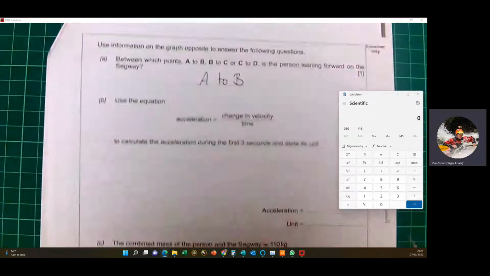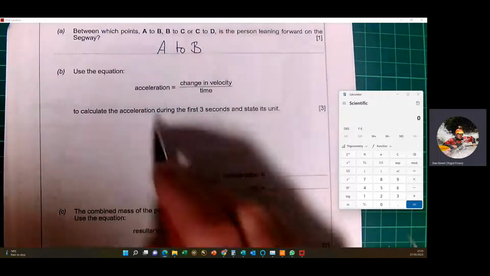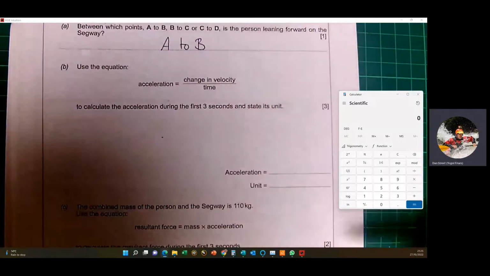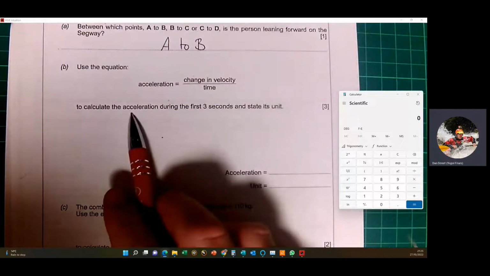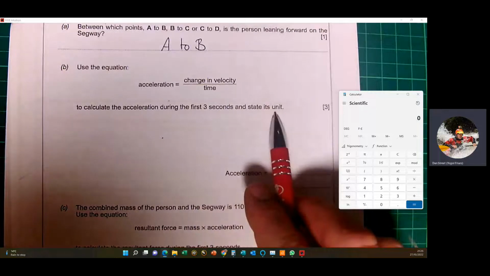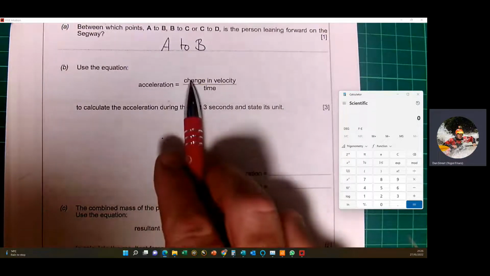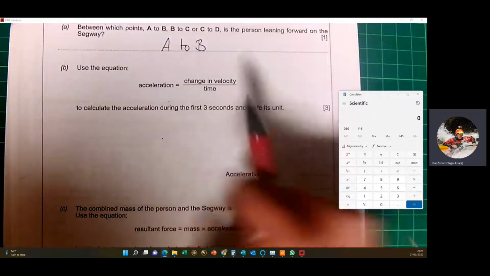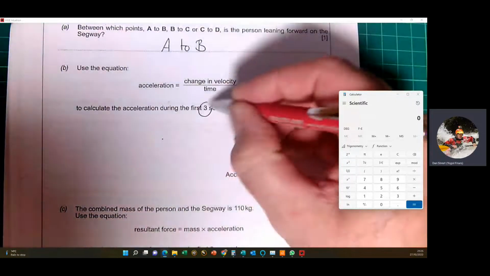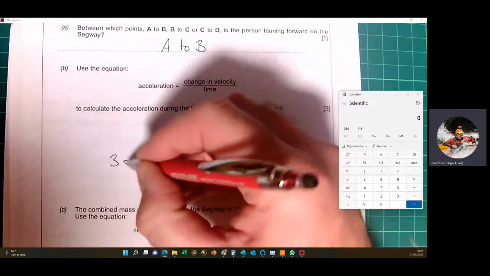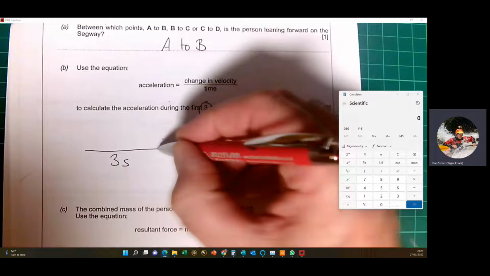The next question moves on, and you're given an equation actually in the question, which is quite common, and you're asked to calculate the acceleration during the first 3 seconds and state its units. So in order to do this, we need to know the change in velocity, and we need to know the time over which that takes place. Now you're given the time here, okay, so we could put that into the equation, in preparation for finding the change